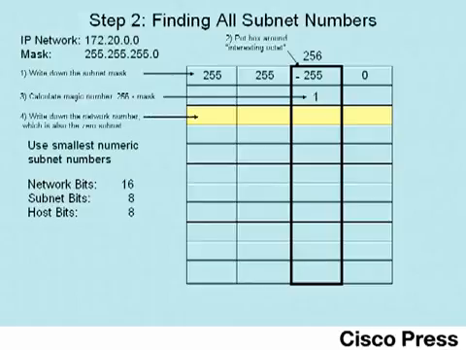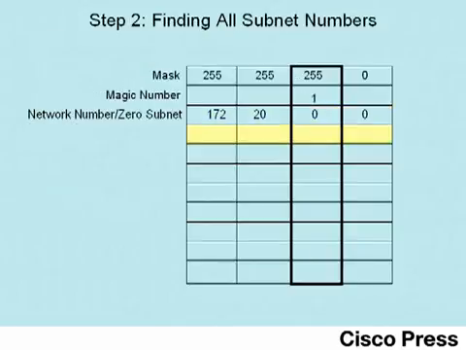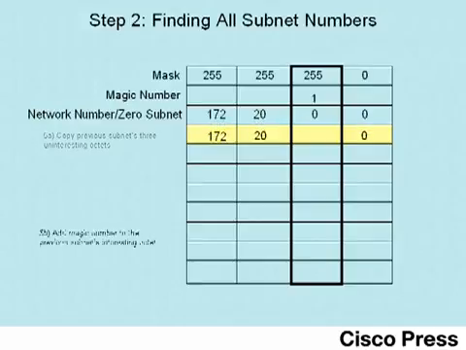Finally, to kickstart the process, we write down the network number again, because the 0 subnet number is always the exact same numeric value as the classful network number. Now let's continue with the process by adding the magic number to the previous subnet number to get the next subnet number. For instance, we just copy the 3 octets outside of the rectangle, and then we add 1 to this third octet, so 1 plus 0, of course, is 1. So our next subnet number would be